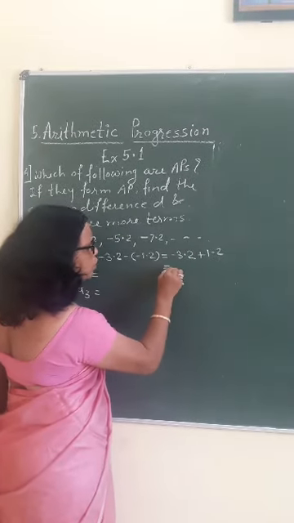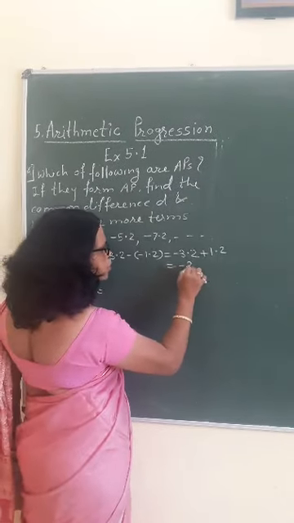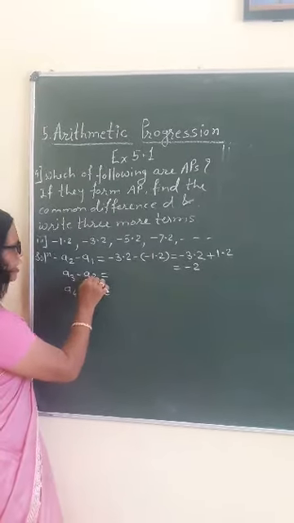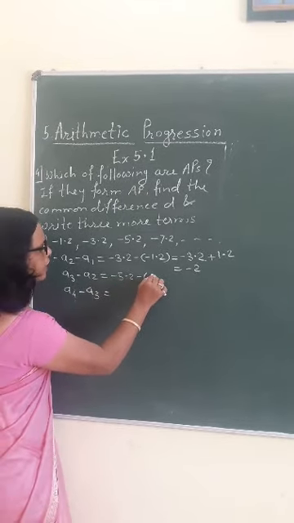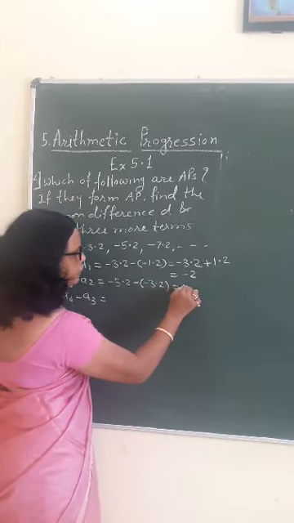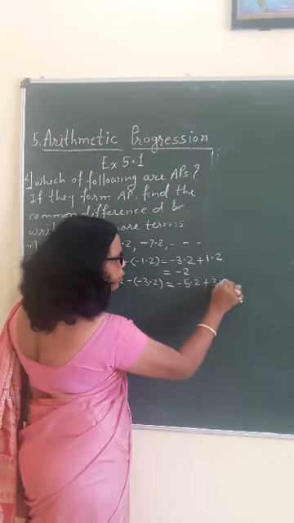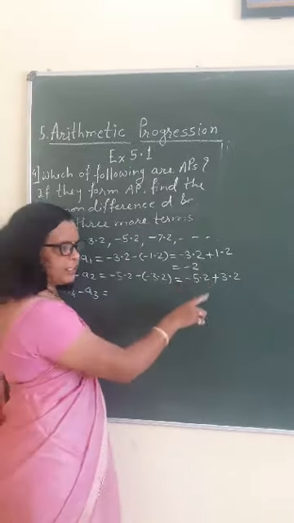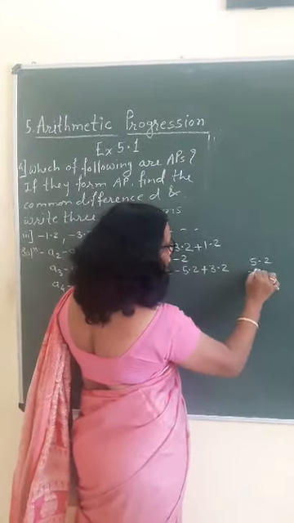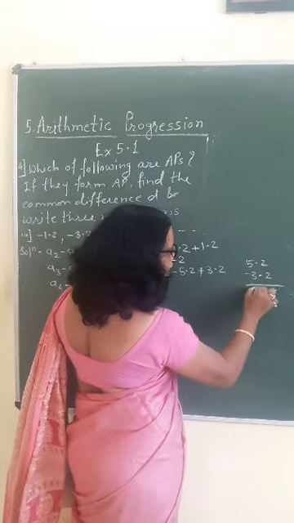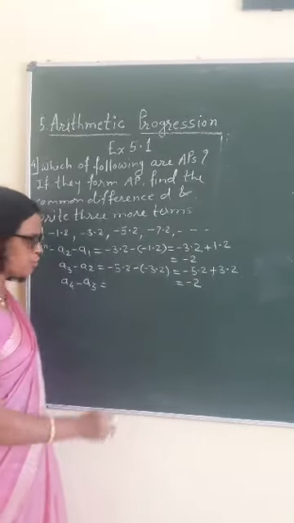And everyone knows, minus 3 by 2 plus 1 by 2, subtraction, is minus 1. Okay. Next A3 minus A2. A3 is minus 5 by 2 minus, in the bracket, minus 3 by 2. So what we will get? Minus 5 by 2, minus minus is a plus, 3 by 2. Both have different signs, that's why we are doing a subtraction. Everyone knows 5 minus 3 is 2, but the sign should be of the greater number. So we will get minus 1.